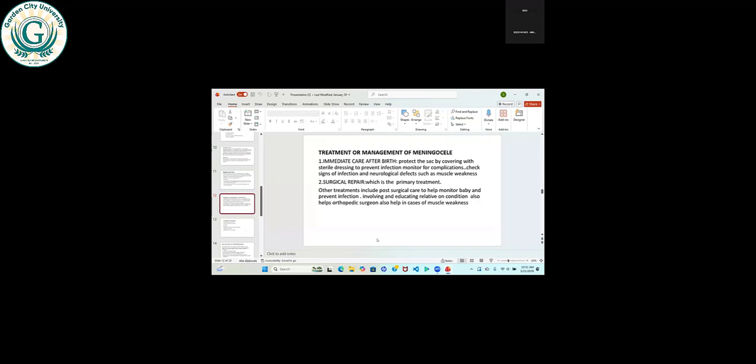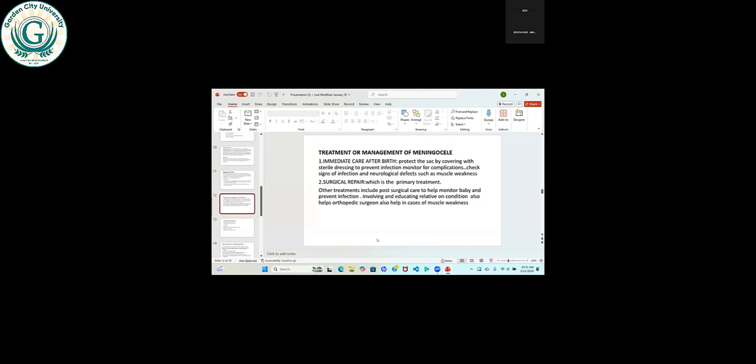With the prevention of infection, we all know that this sac contains cerebrospinal fluid, and it is delicate to meninges. So if it is exposed, bacteria can easily enter, which will cause sepsis. And we all know that sepsis can be life-threatening to the baby. So you have to cover it with a moist, sterile